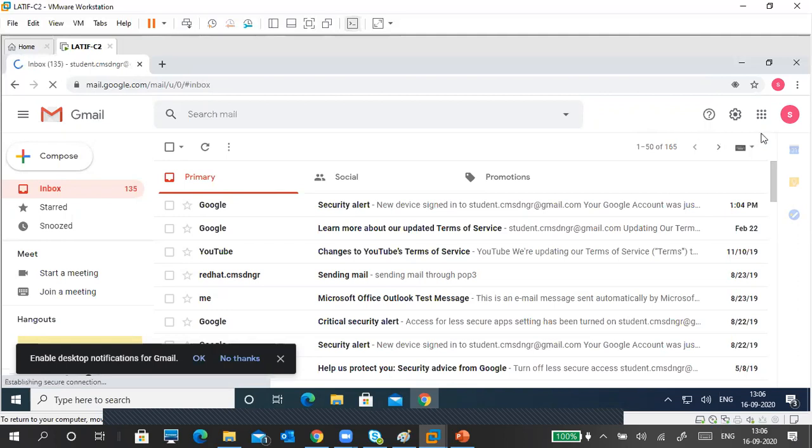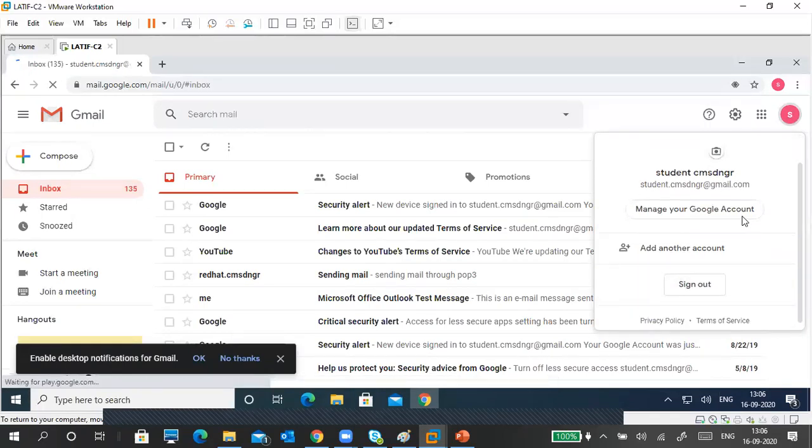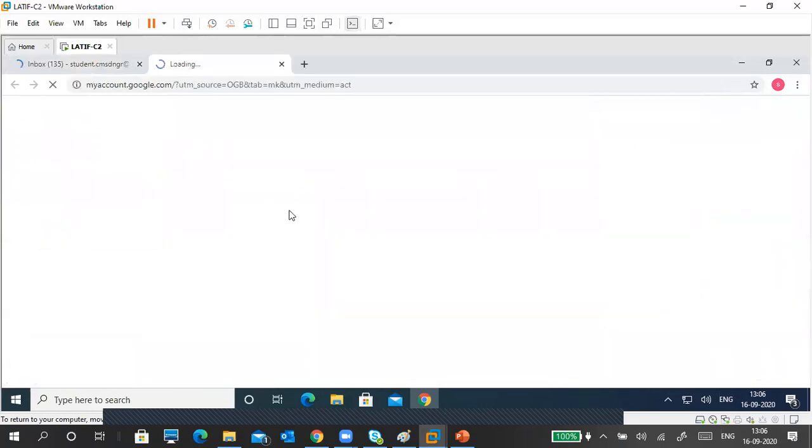First thing is you go to this. Go to manage your Google account. So first you should go to manage your Google account and make sure that two-step verification is not there. Okay.